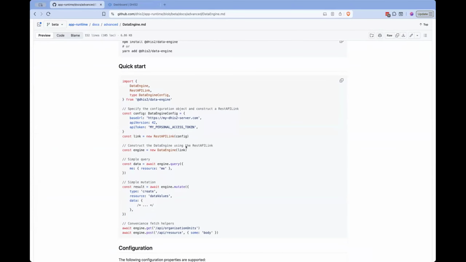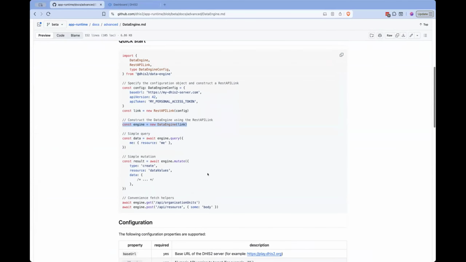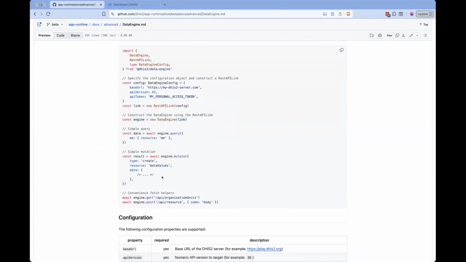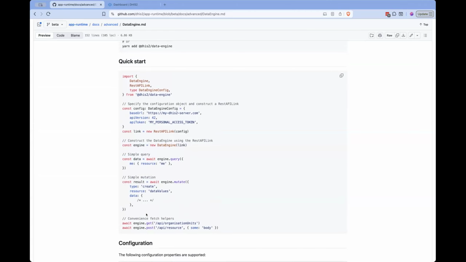You can construct a new data engine, and then you can do some queries and mutations directly with that engine in an imperative style. And I've edited this locally, so I'm going to push a change to this. You don't need the /API, but then you can also use this engine to call DHIS2 API endpoints directly, and